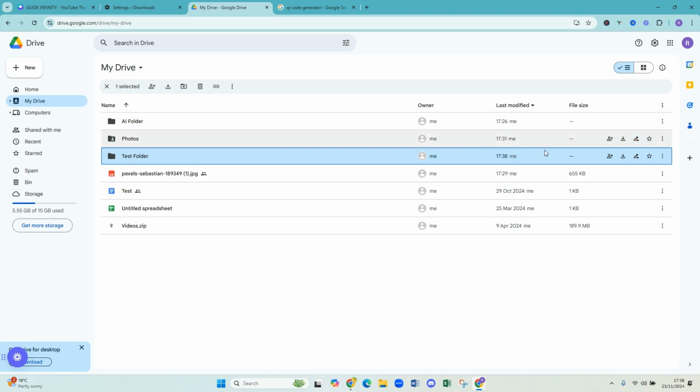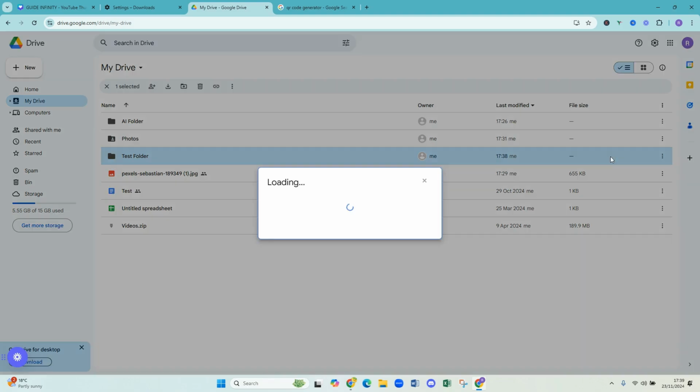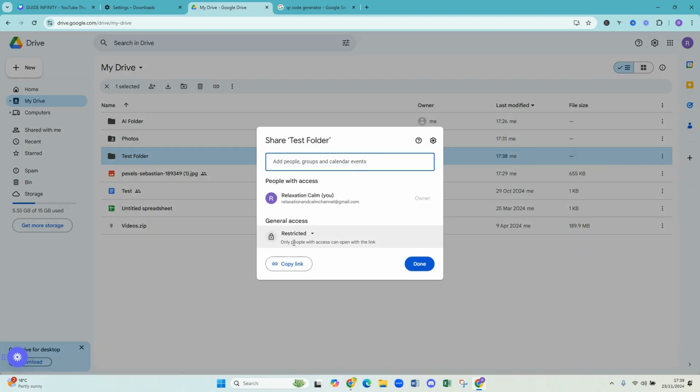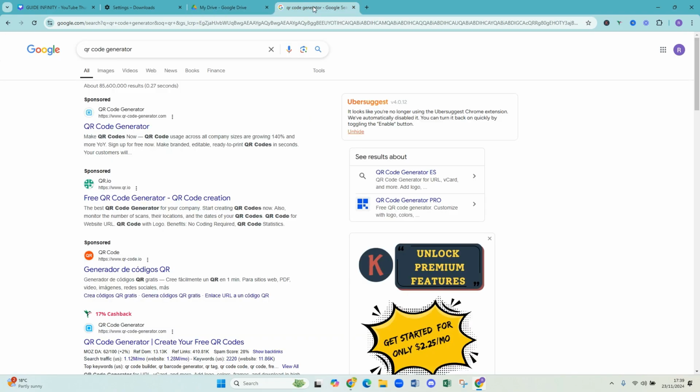So what we're going to do is come over to this plus sign here with a person and press share. We're going to come over to the restricted button and then press anyone with the link. Amazing. And then we're going to press copy link, which has been copied. Amazing. And then we're going to open a new tab